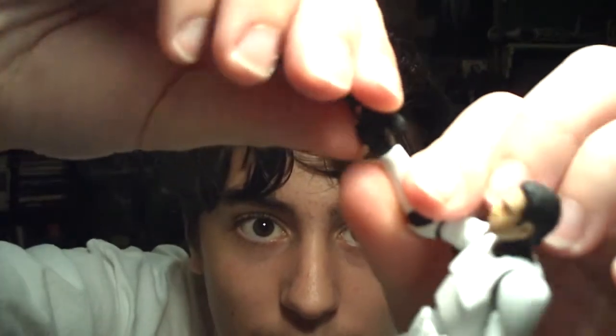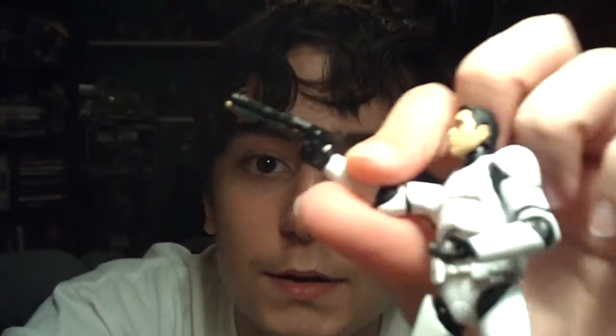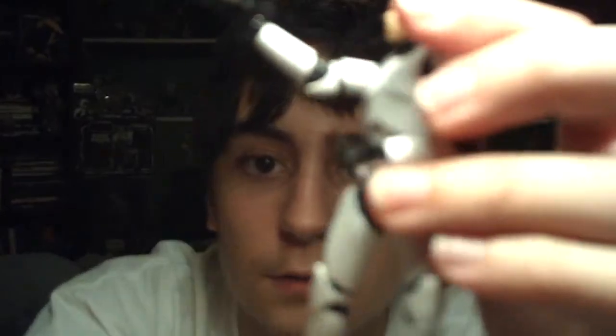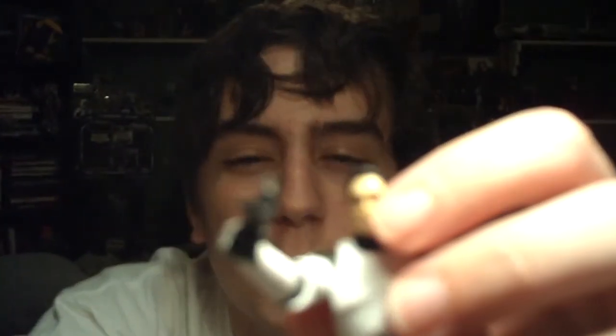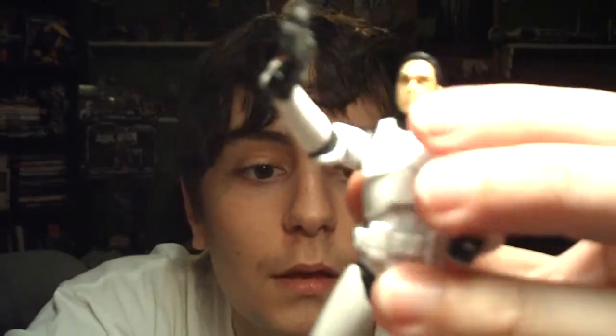Just can show you guys how you can move his wrist. Let's see, is this the one that? No, this is the one that you can swivel in. A thing that's a bit odd is that on this one you can turn his hand in, and on the other one you can only turn it up and down. So it's a bit weird, honestly. I guess that's to make him hold his gun better, but now he just kind of looks like a thug. He's like, hey, I'm going to shoot you like that. Anyway, me goofing off. So, anyway,